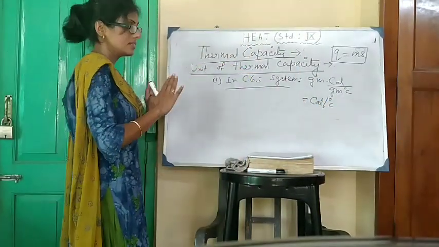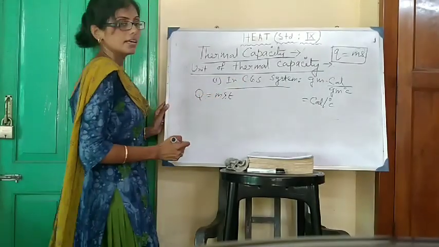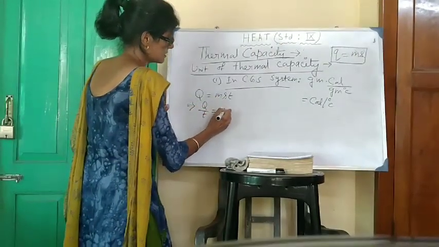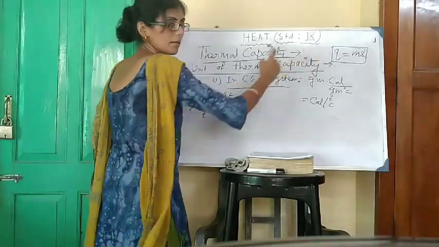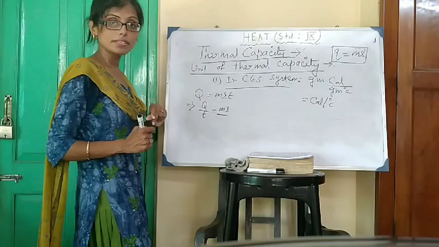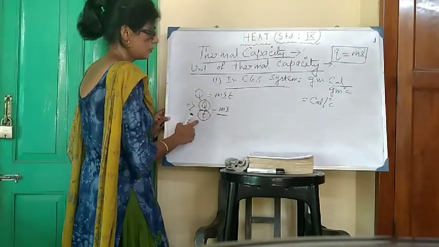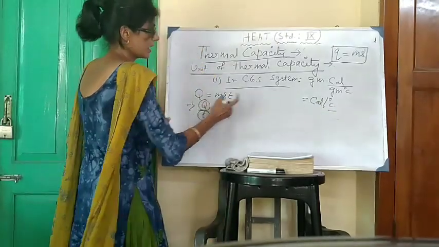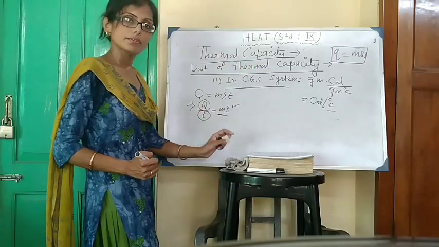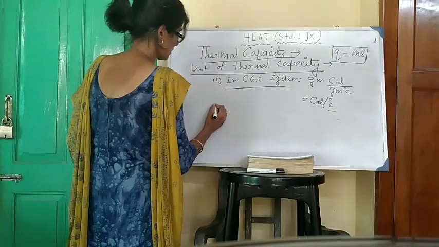Okay, we can get it from the formula Q equals to MST also. Q is equal to MST. If we write Q by T is equal to MS, this MS is nothing but the thermal capacity, right? Q is heat, so in the numerator it will be calorie. T is the temperature difference, so in the denominator the unit of temperature is degree centigrade. So calorie per degree centigrade is the CGS unit of thermal capacity. Understood? Next, number 2